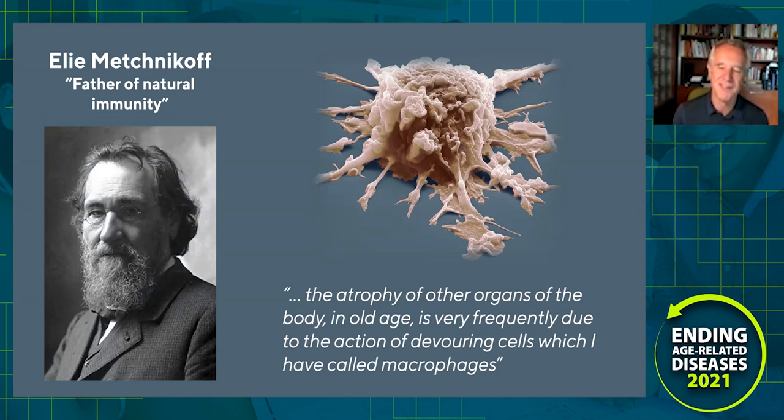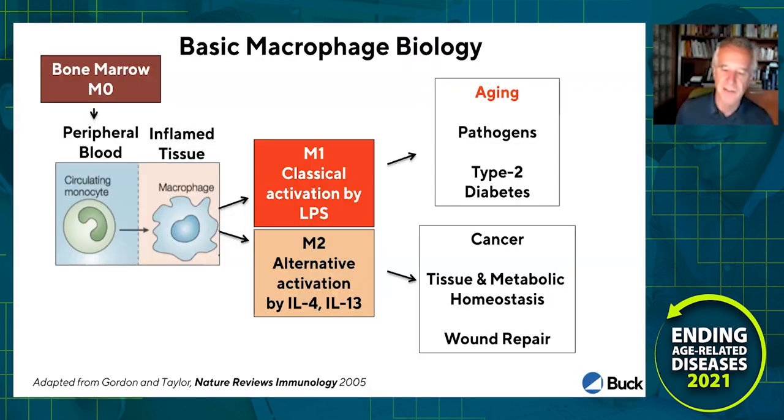However, he made some of the key observations that animate our work today and will continue to animate the work of many others. Macrophages are known to increase during aging and thought to play a critical role in the inflammation associated with aging. And this is illustrated here. 100 years later, we've learned a lot about macrophage biology. There are, in a very simplified manner, two broad classes of macrophages, so-called M1 macrophages, which, as we know, increase during aging,